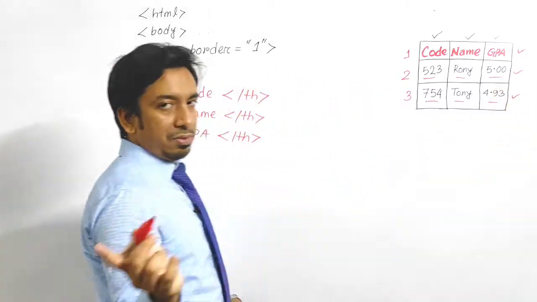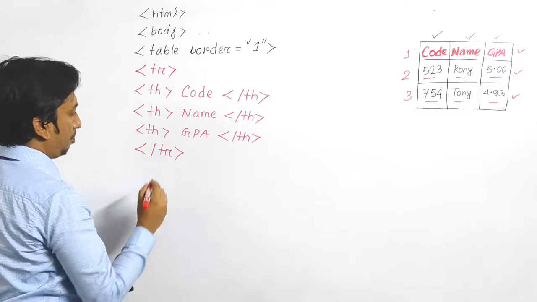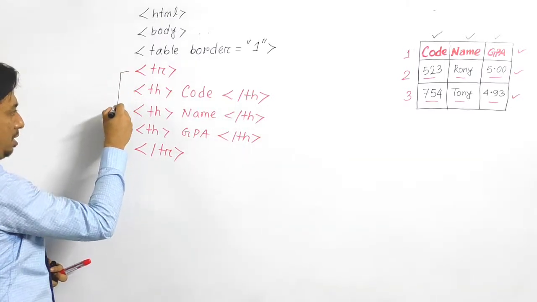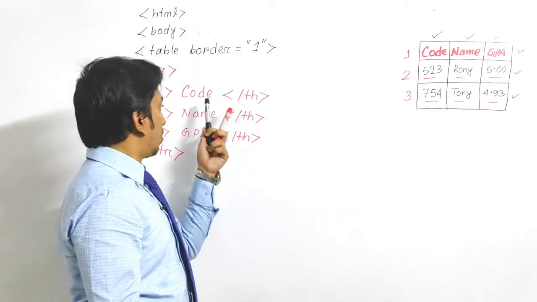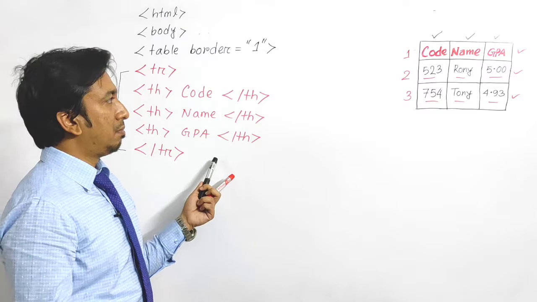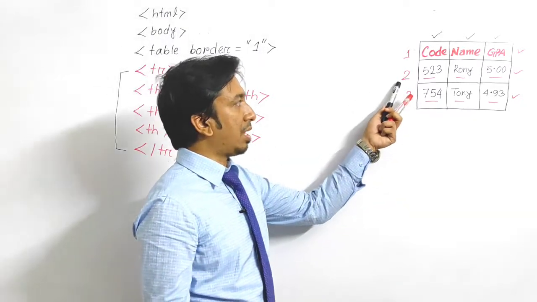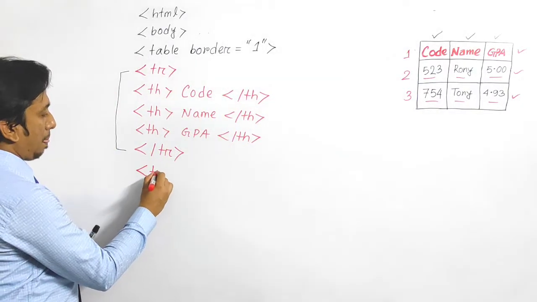So you have to use closing TR. So my dear students, you can see here TR starts here and TR closes here. Inside you can see code, name, and GPA. Okay, so first row is complete. Similarly you can see here the second row. So again start TR,